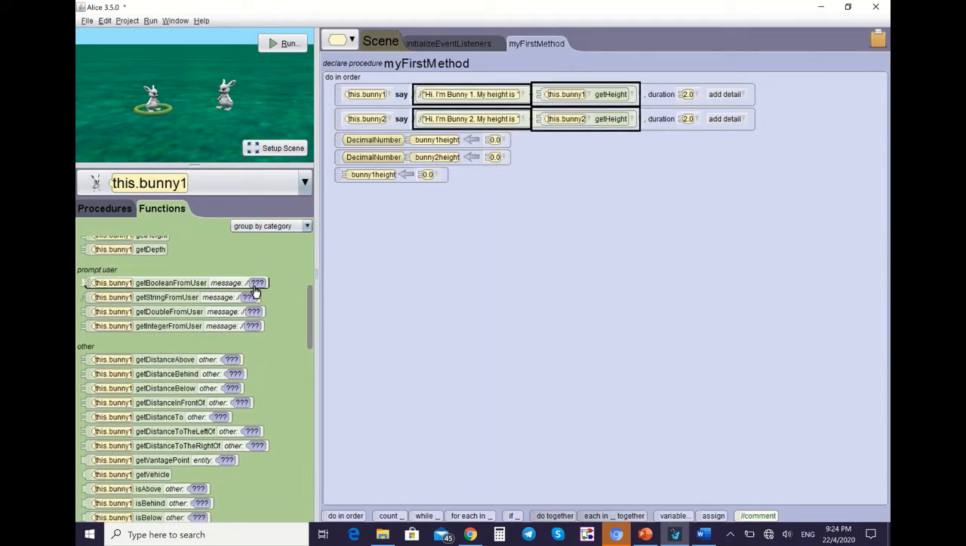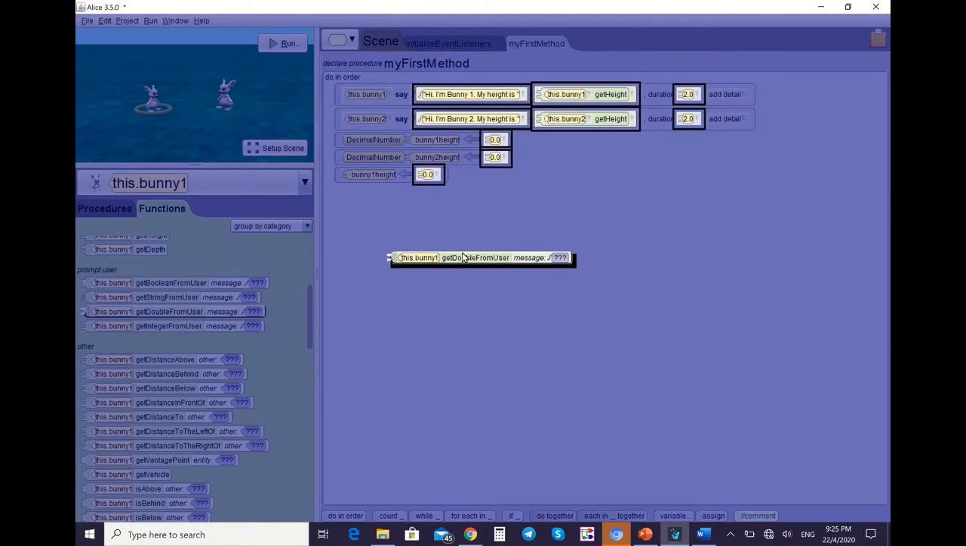So we have 4 categories. Boolean, get boolean from user, when we want the user to insert the value of true or false, yes or no. Get string from user is actually the value of text. Get double from user is the value of a number with a point, and get integer from user is actually the whole number. Because our variable is a decimal number, we choose get double from user,